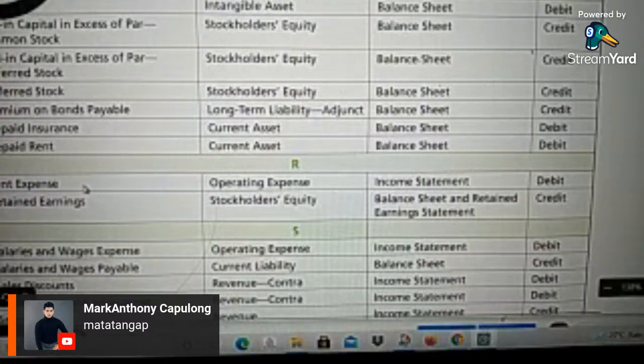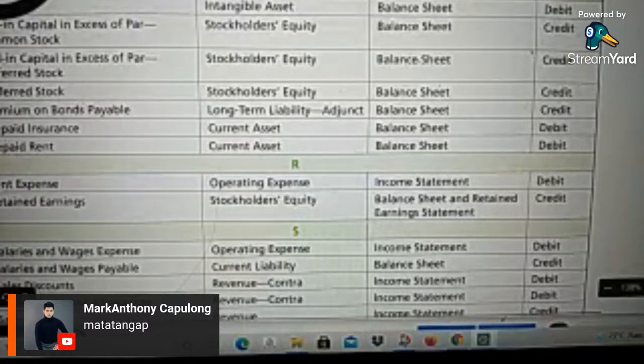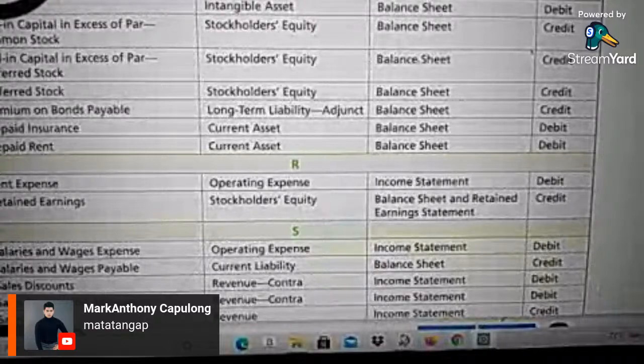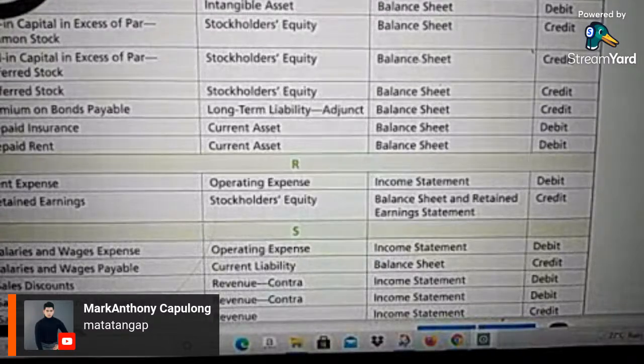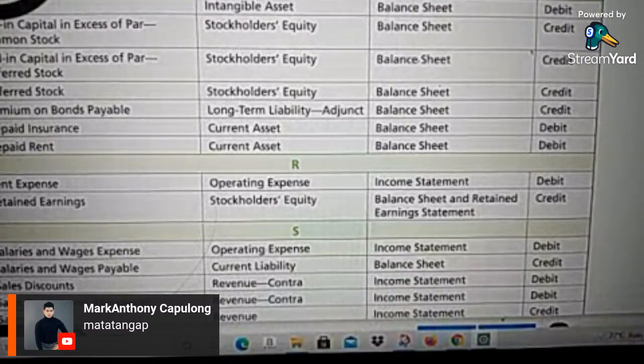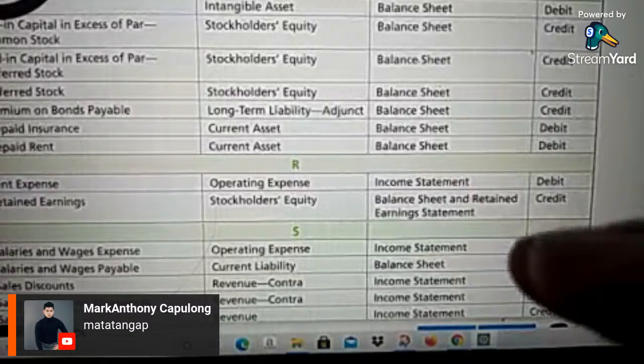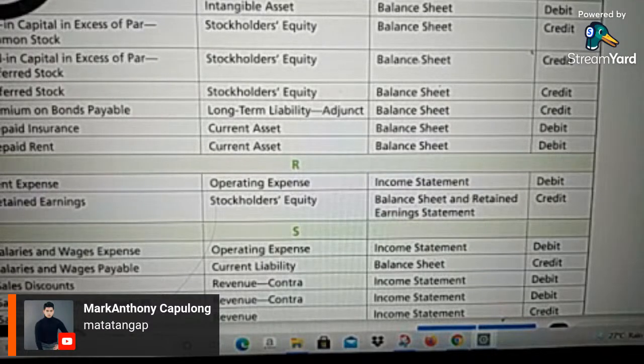Rent expense. Okay, this is very common and easy to understand. This is the payment you make for renting something. It could be a place, you will rent the place. You will rent the equipment. You will rent the device. You will rent the services of somebody. So rent, prepaid rent. But this type of prepaid rent is specifically for place or equipment or devices, or for example